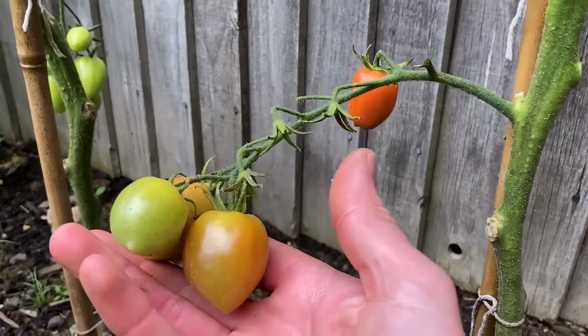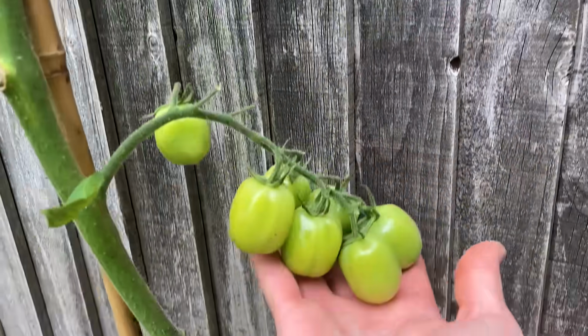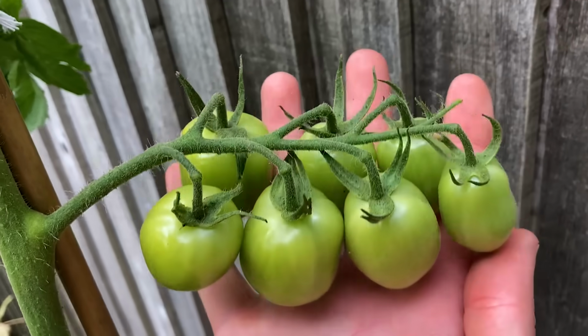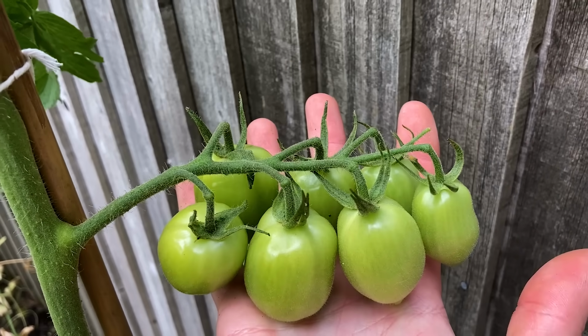Still though, a couple of tomatoes managed to survive and I managed to get them a bit later on in the year. See, these ones are starting to go red, and then the further we go on, the better they get actually. Look at that, a full set. Every single flower produced a tomato. But other than the diseases and the slugs and what have you,